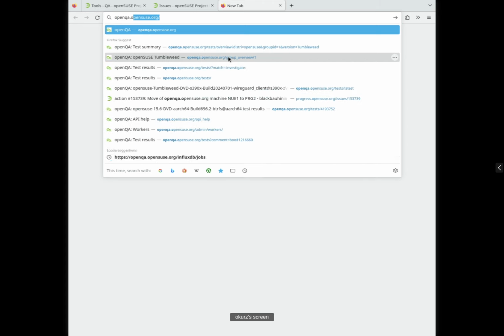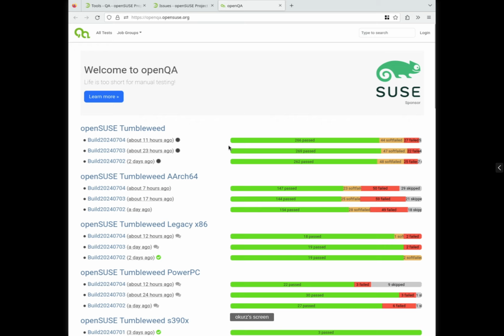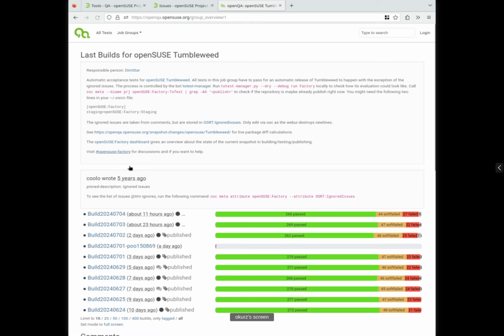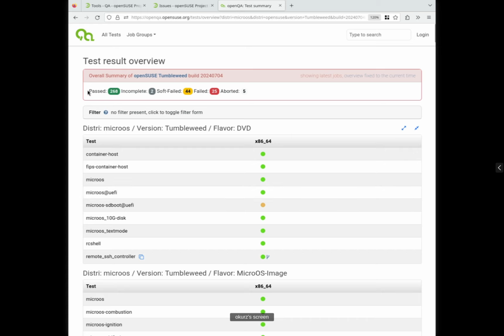And let me just show you, if you go to the main index page of openQA, maybe you see very subtle changes like in those buttons. Also, if we take a look at one of the latest test overviews, you can see that those rounded boxes look a little bit different, but functionally, of course, all is the same.